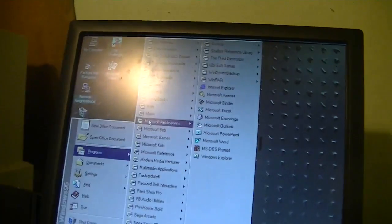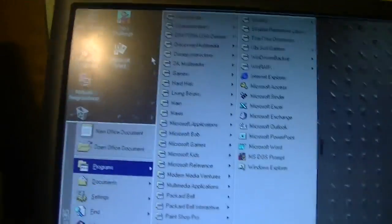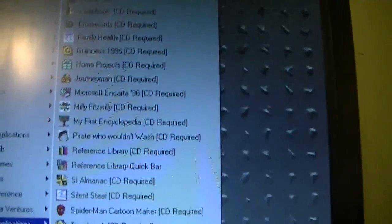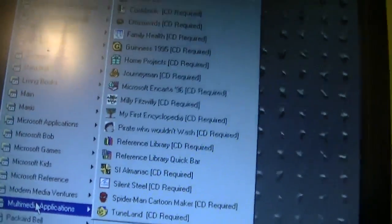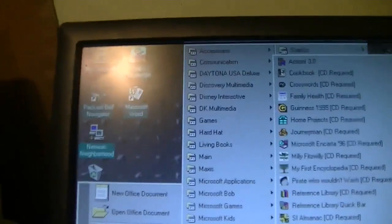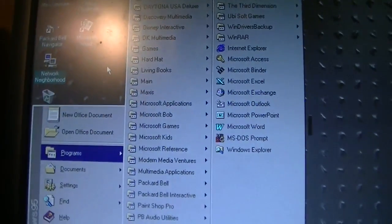So we'll go through here. Here's all the applications I've installed. Just for proof, here's all the software that I have on here. My First Encyclopedia, Pirate Who Wouldn't Wash, all the stuff from the 95-96 software package. And don't think I didn't completely ignore the 1997 package as well. I manually installed each individual one, including